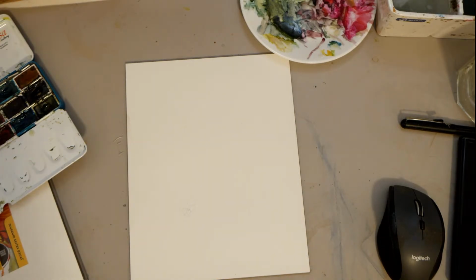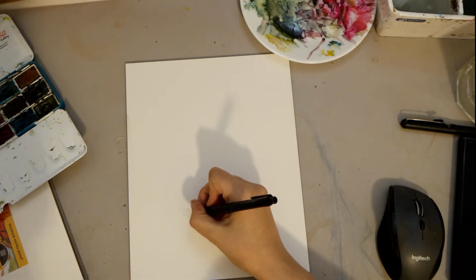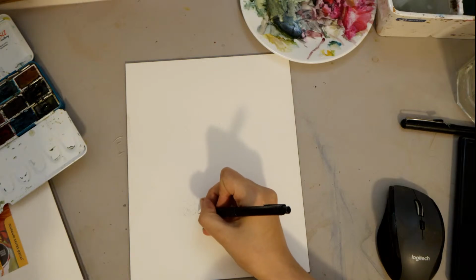It's nice to have options when I want to have white highlights that I can scrape away, because the only thing I hate more than bumpy paper is masking fluid. And I guess I'm a whiny brat about my materials, is what we're discovering here today. And so being a whiny brat about my materials,